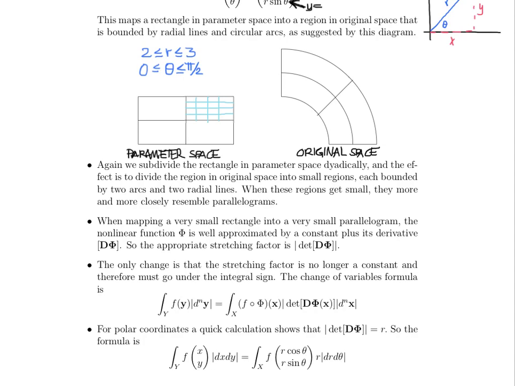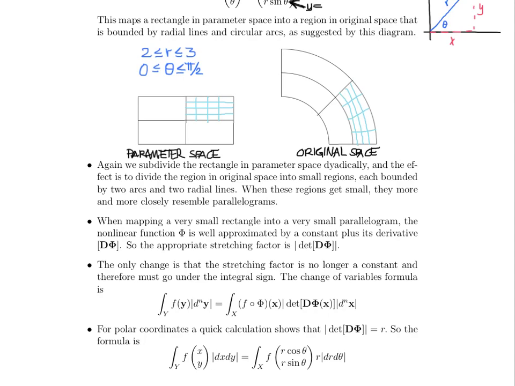These are my divisions in parameter space. Note that I've divided along constant r bounds 3 times and divided along constant theta bounds 3 times. And so I'm going to do the same thing in the original space. My art is not great, but each of those regions in the original space are bounded by 2 arcs and 2 radial lines. The issue, though, the point that I really want to point out is that if I kept dividing finer and finer and finer,